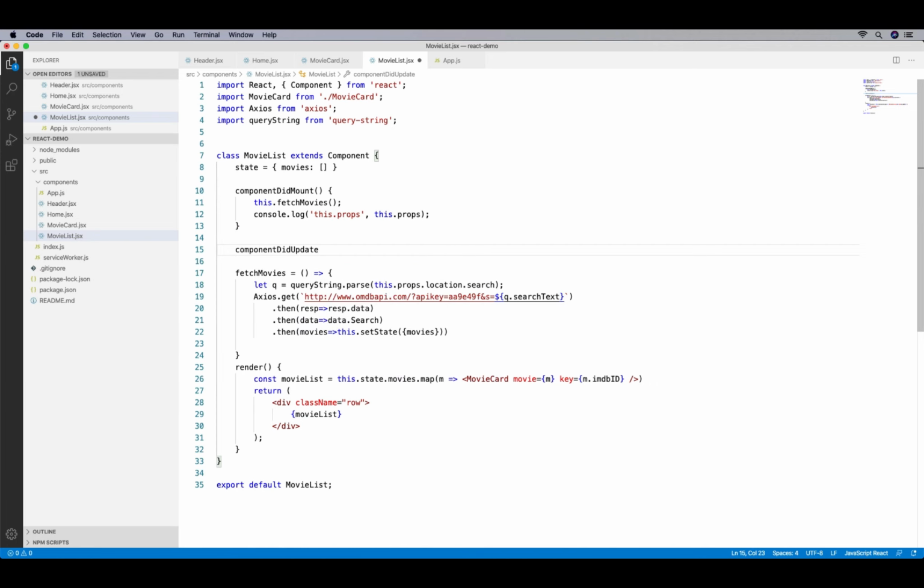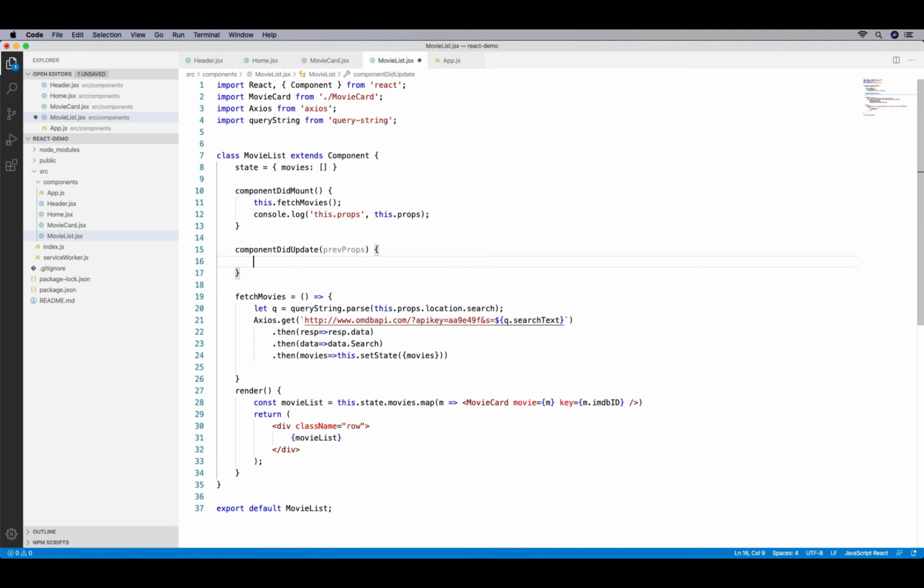And this is going to get the previous properties, and we have access to the current props also. We want to check if the previous props is any different than the current props, then call the fetch movies once again. So we're going to just type here if